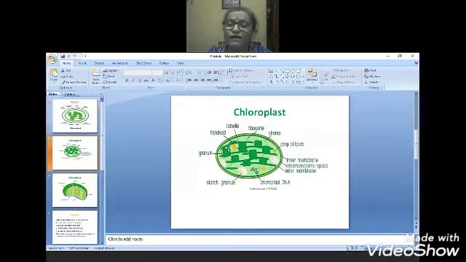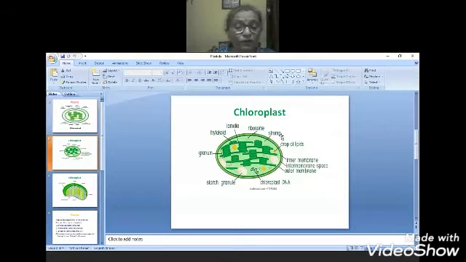Okay, now one part in that stack, suppose you have taken 10 rupees coins placed one on top of the other, and from that you consider one coin, only one coin you have taken, that structure we call it as the thylakoid. And this granum contains the chlorophyll pigment which is responsible for the process of photosynthesis. Now these grana are connected with each other through lamella. They are lying in the liquid which is called the stroma.